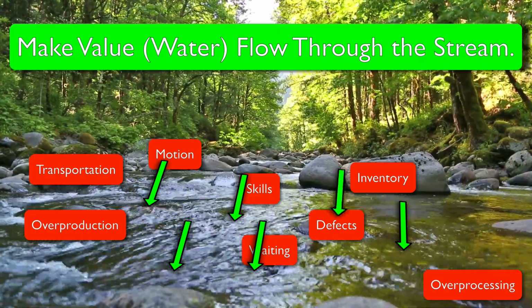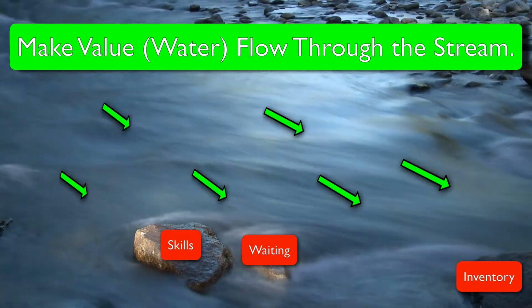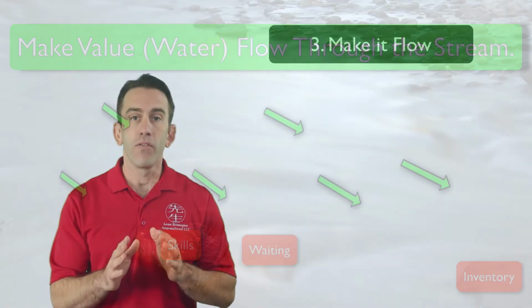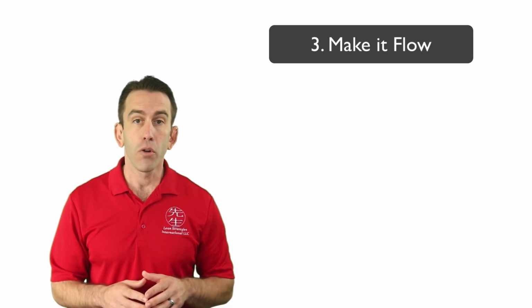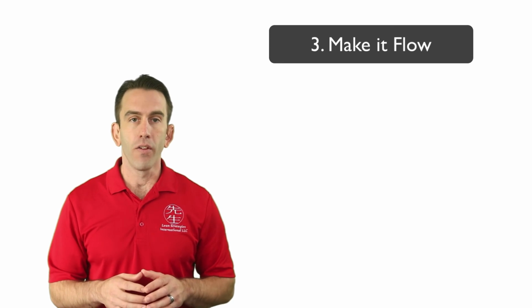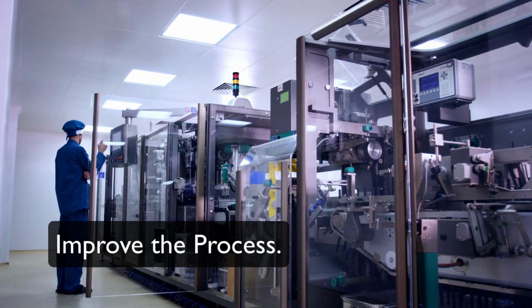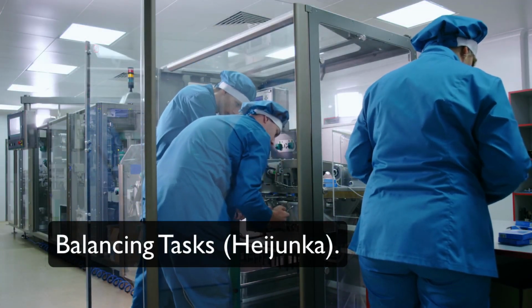The goal here is to make customer value flow through the value stream as efficiently and effectively as possible. That means creating customer value and eliminating anything that is considered waste. Flow in the value stream can be disrupted a number of different ways, and all of the different constraints and bottlenecks should be reviewed and improved wherever possible. Three initial focuses that you can look at to improve the flow of the value stream are eliminating waste, improving the process, and balancing the various tasks and flow in the value stream.